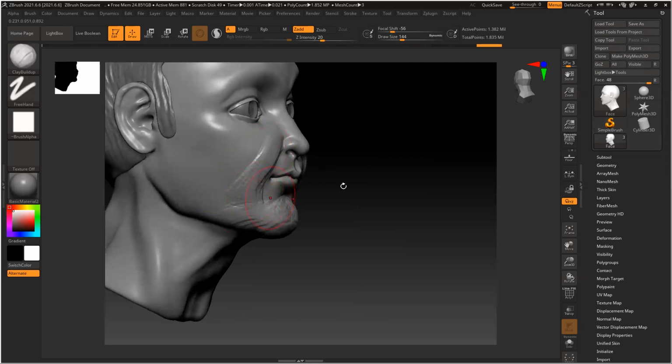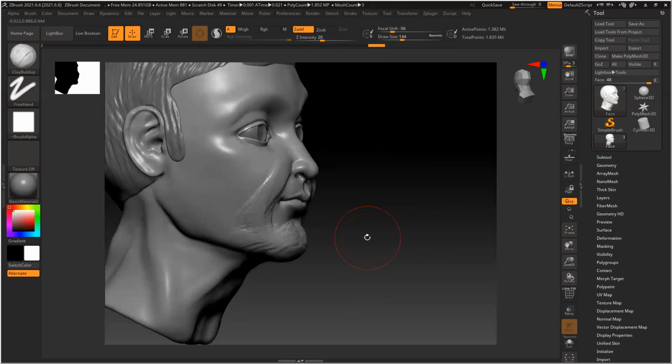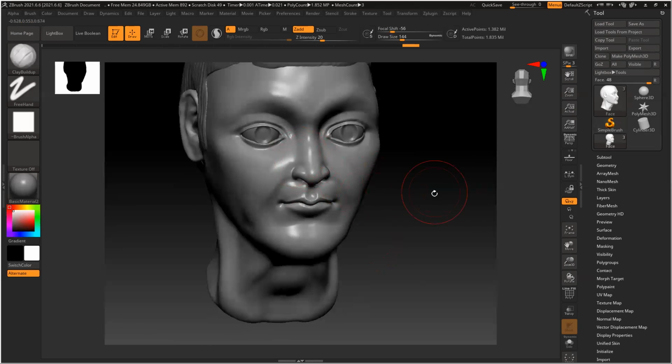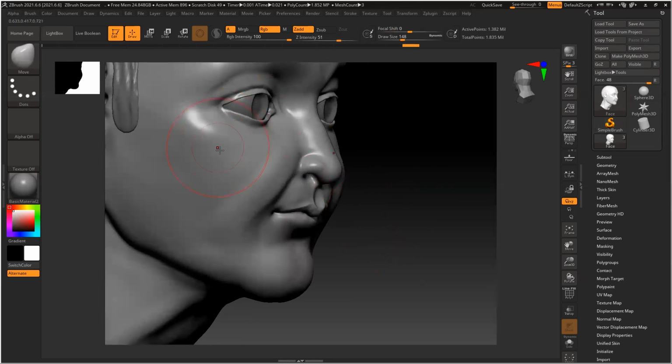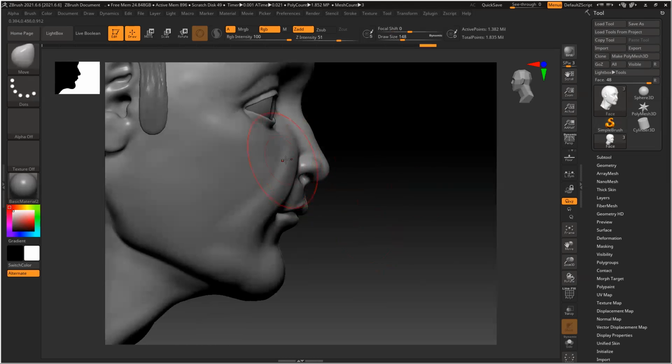Whenever you apply Dynamesh, make sure your model is not very dense, because if it's way too high poly, it becomes difficult to control. Even if you smooth, it takes a long time to smooth and clean everything. It creates problems. So keep it as low as possible, unless it's really necessary, like when you cannot do it without that. Then only apply it, then only modify.